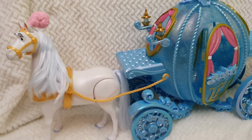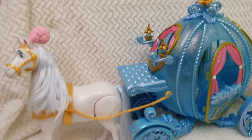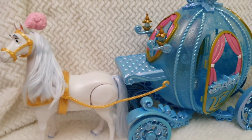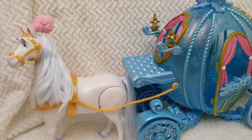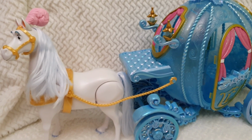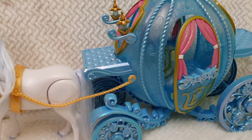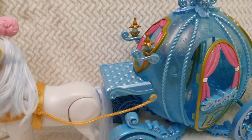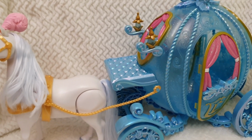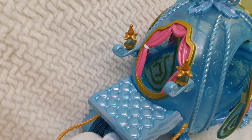But again, even at full price, I think it is so detailed and so nicely executed, and so much quality on it. And then you have the light effect that we are going to see in a moment. You have the moving effect. You have the Cinderella with the deluxe everything, the deluxe gown, the glows, everything, that I think is just so worth it. And then we have two little lights here. One thing I think is not as proportioned, but this is only normal because otherwise it would take so long, is that it's a bit flat